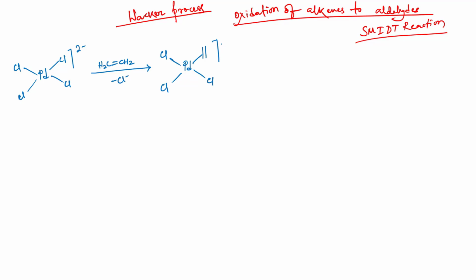Since 1 chloride ion is liberated and there is no charge on the alkene, the total charge is -1. Now 1 H2O, more or less a solvent molecule, is added and another chloride ion is liberated. So the complex becomes